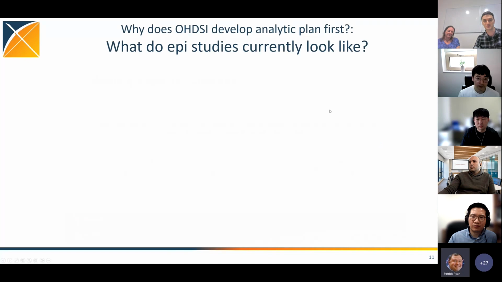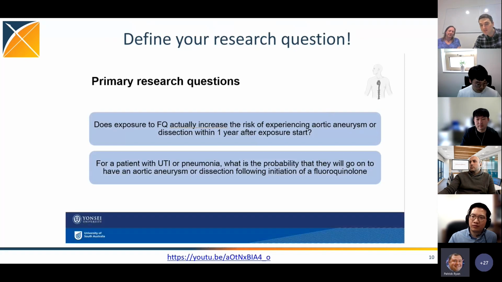If I could just add, I'm particularly excited about this question because this is one of the rare instances where observational data has actually been used to make an assertion that a drug exposure is related to an outcome. If you read the product labels for fluoroquinolones, it says epidemiology studies have shown that there's an increased risk of aortic aneurysms. But what they don't say is how reliable is that evidence and whether or not we actually believe it's true. So I'm really excited that Chan and Hongju and Jack and Nicole have brought this question to the table,